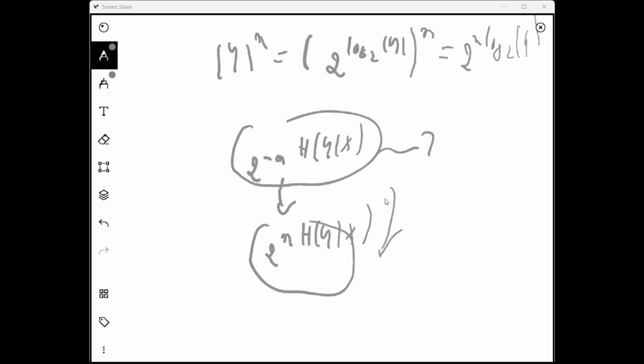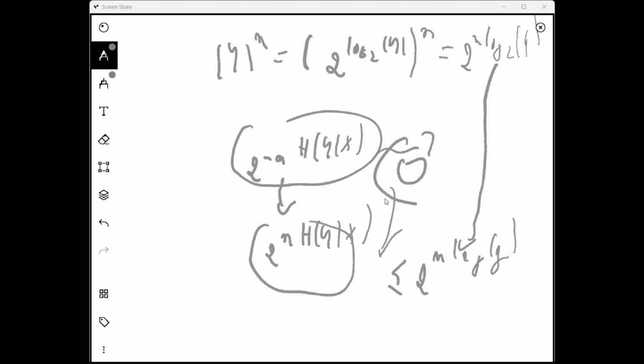And because the entropy is always inferior to the total number, we can write this. Either way, you have a big space and a little space, and the little space is smaller than the big space. So when n increases,